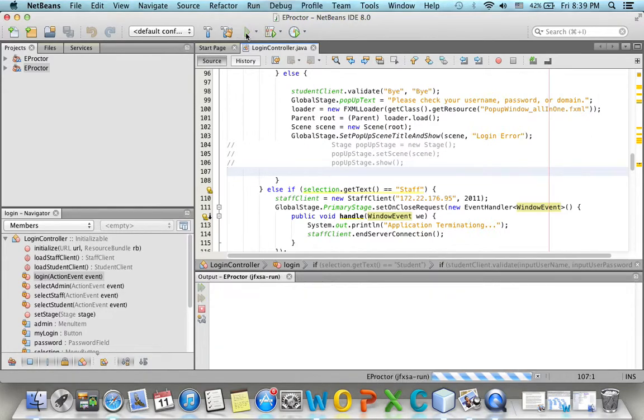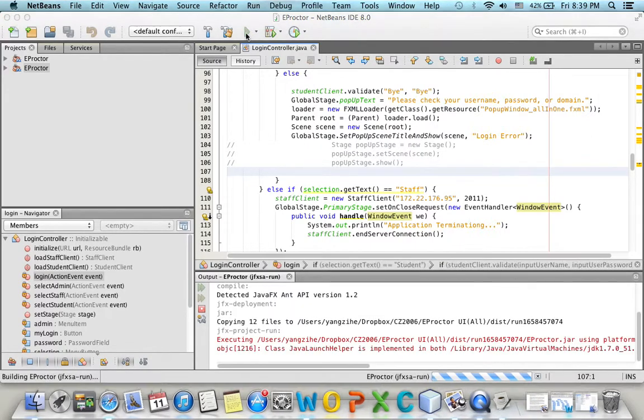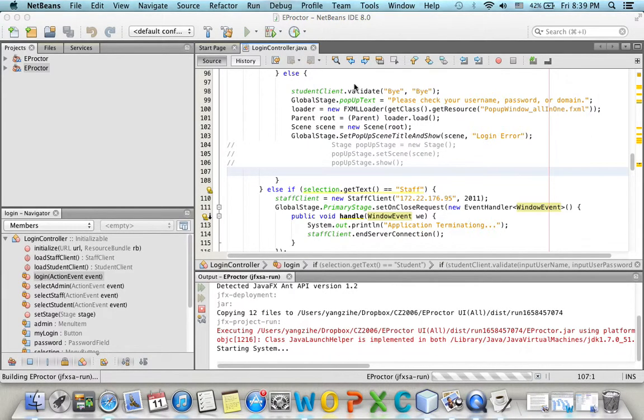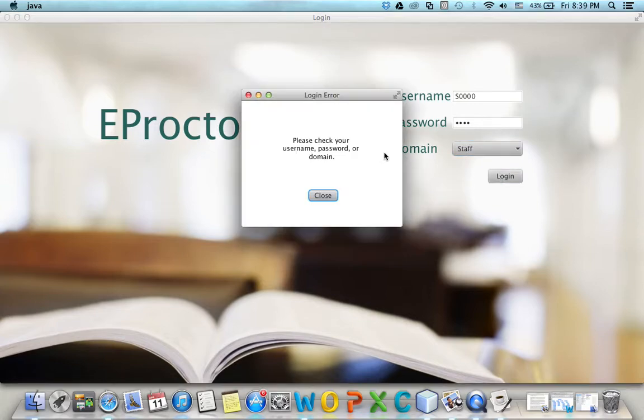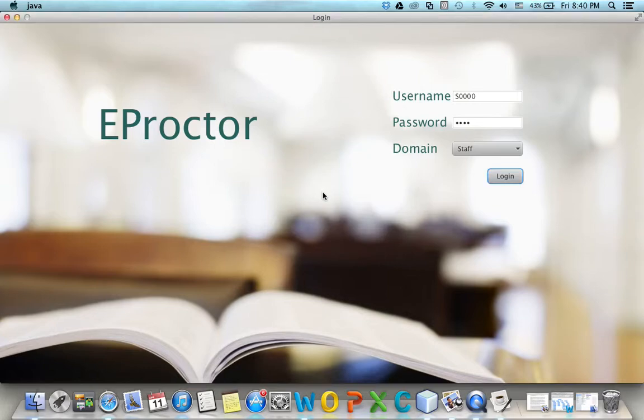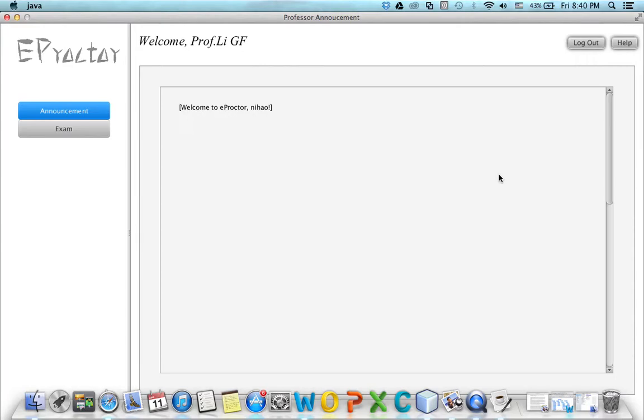After I hit the Run button, I will first come to the login page. I will first type an invalid username, fill in other fields, and hit Login button. Yes, of course, I am rejected by the server and see this pop-up window indicating my error. Now, I log in with the correct information and successfully arrive at the main page for staff, which is the